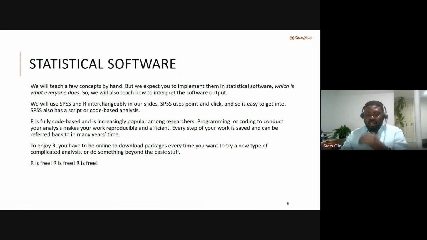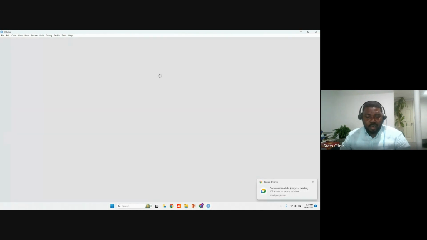If you have R on your computer, R is really the software that you're running on. RStudio is like an interface that makes R more fun. Maybe I can show it very quickly for people who might be wondering whether to use R or to use RStudio. So this is RStudio. And see, I have to look for my R because I don't typically use R. I use RStudio.